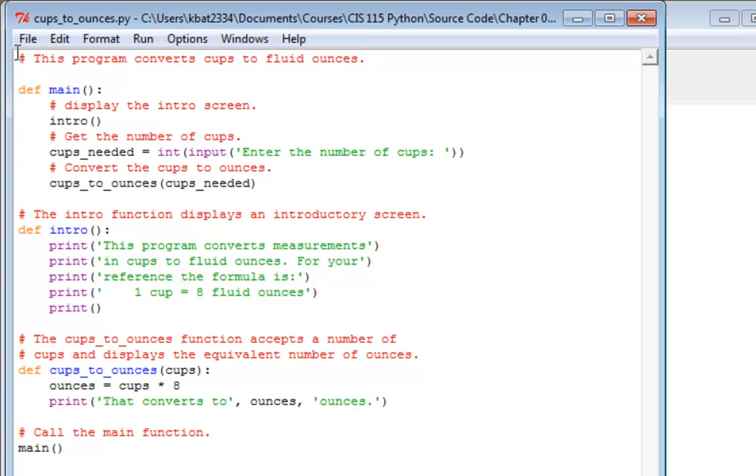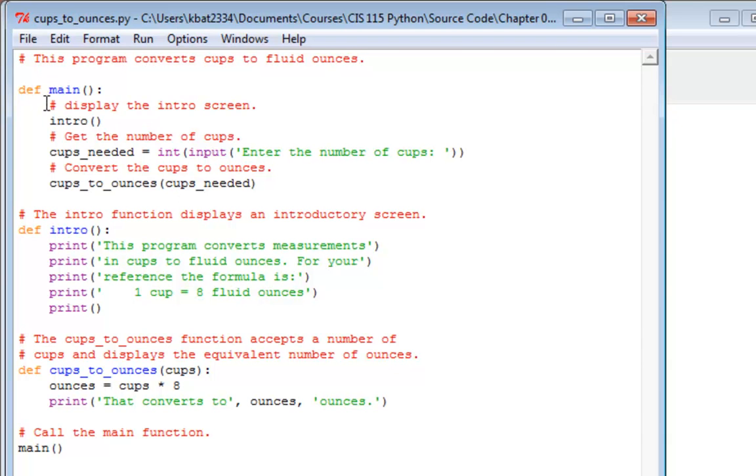So you're not seeing as many comments up here at the top. You're not seeing the local variables defined. Those are things that you do need to do for your assignments, but just be aware that those have not been included here. So if we take a look at this, in our hierarchy chart, remember we said that we had a main function,